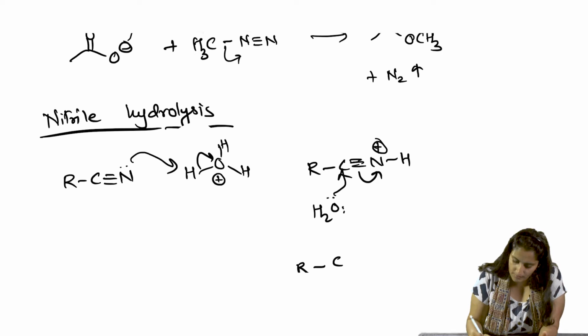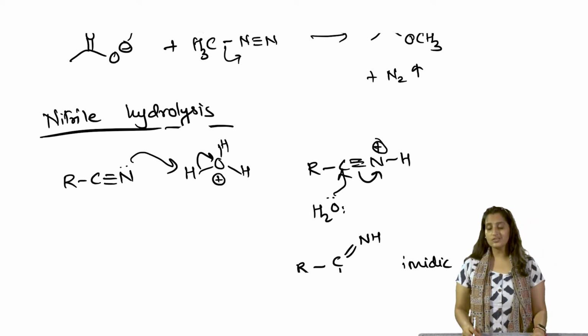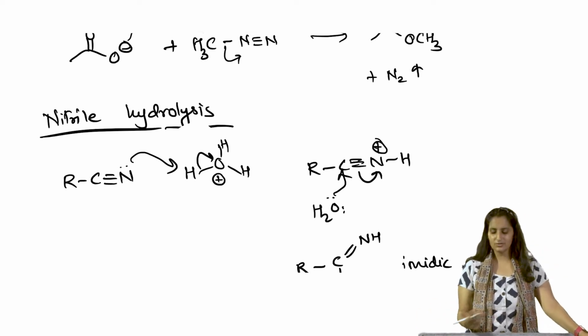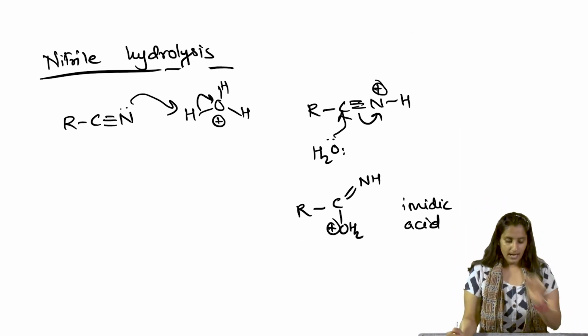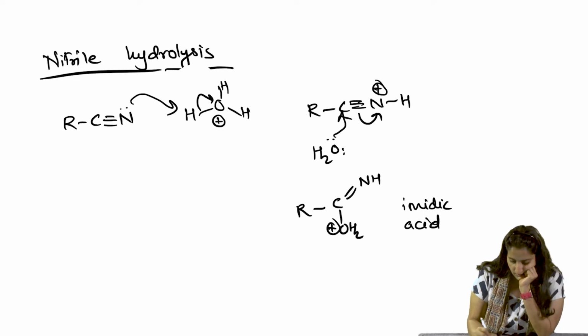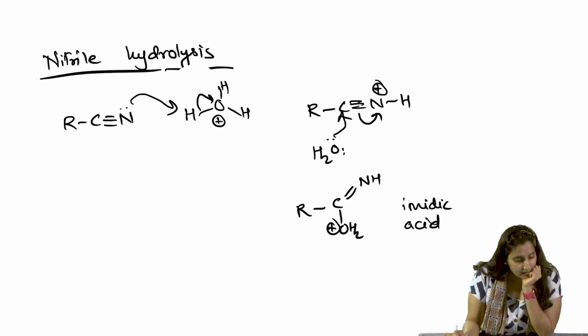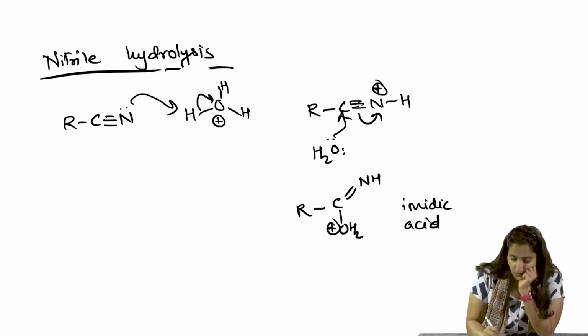So, what do we have? Okay. So, now this is nothing but an imidic acid. Okay, instead of that NH, if there was an oxygen, you would have called this a carboxylic acid, right. So, this is very similar to that, and this is an imidic acid, and that imidic acid, remember, is a keto-enol kind of tautomerism happening, and what is that going to reorganize into is an amide.